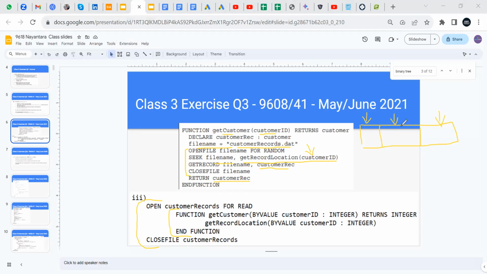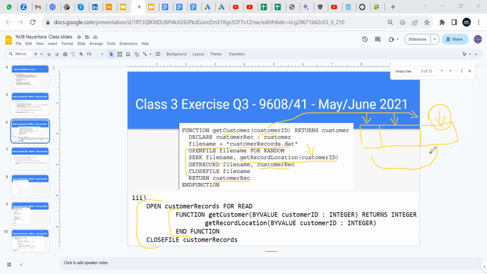For every record, we have a customer ID, and we want, for example, to read this specific record ID or customer ID. We don't need to read one by one to be able to read that specific record that is related to the given customer ID. So we have to calculate the exact location, get the record location based on the hashing algorithm that is used. So we have to ask it to search for the place that we need to go